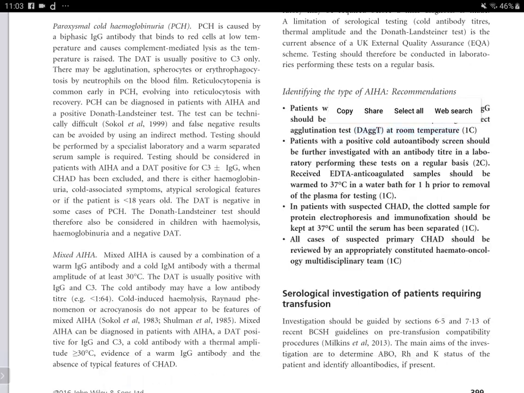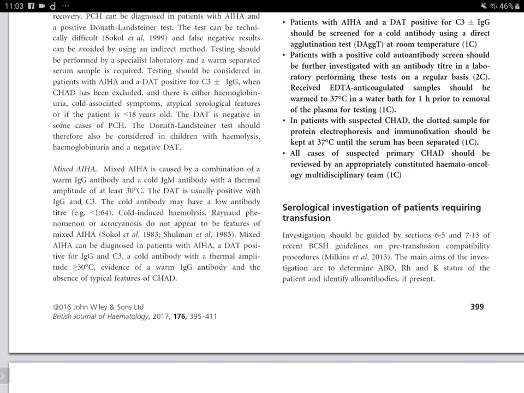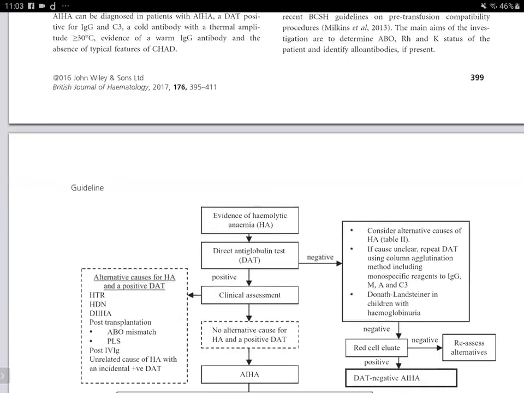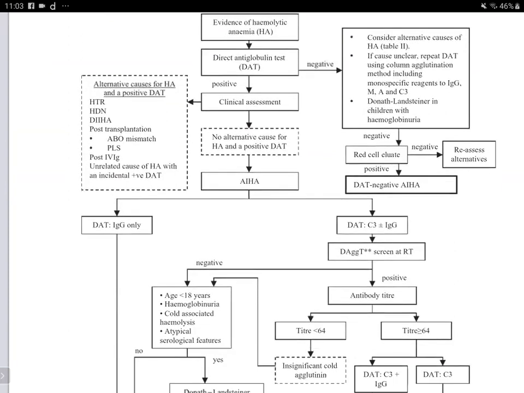And also for these paraproteins, when the antibodies have been removed from the surface of the RBC by raising the temperature to 37, then only we can detect them. For the classical detection of these paraproteinemias, they have mentioned 90% of cases with CHAD would have an underlying paraproteinemia. And this is in the algorithm that is basically important for the